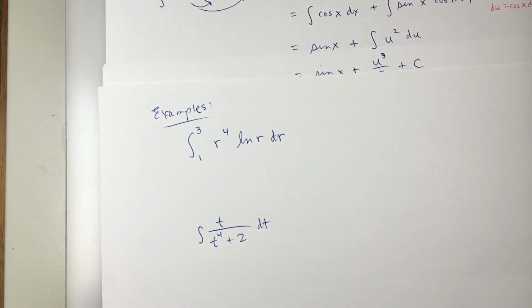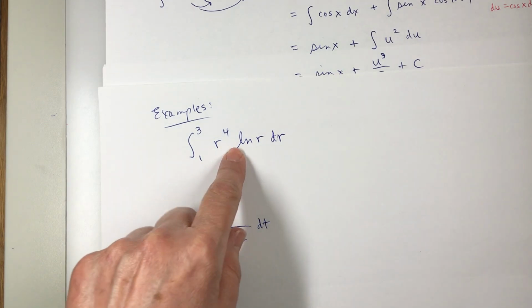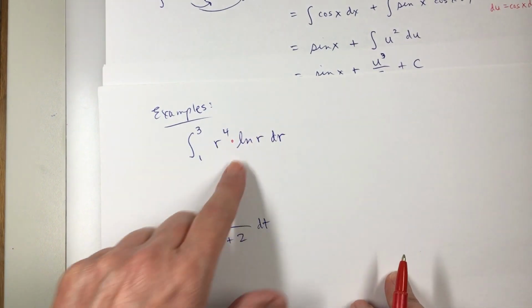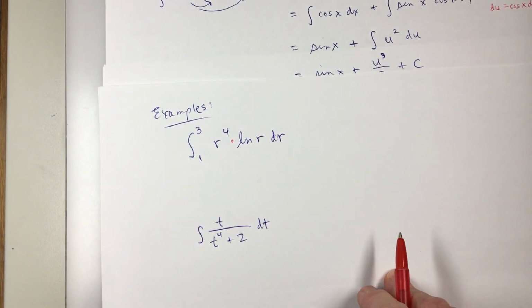So here's two more problems, and I just want to talk about the strategy, things you might try. What is this problem telling you? And the first one here, the integral from 1 to 3 of r to the 4th times the natural log of r, dr. I put that times in red because I hope that's a hint to you that this one